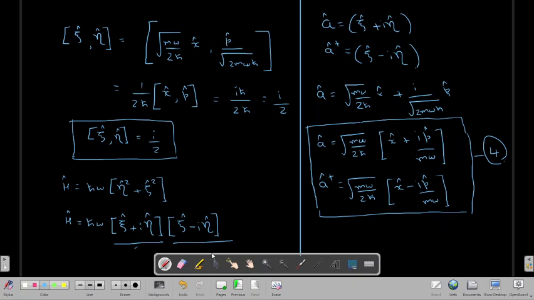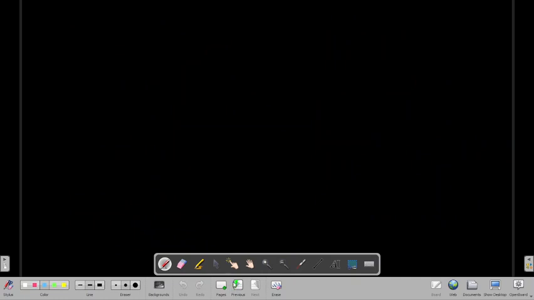Okay, we will know why we call them as such. So we have now got the values of A and A dagger. Okay, so if